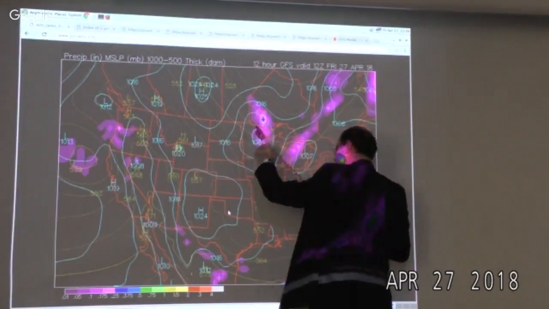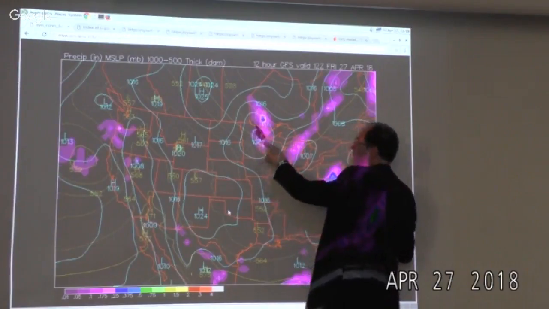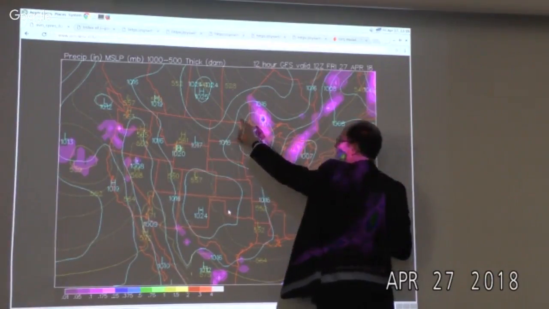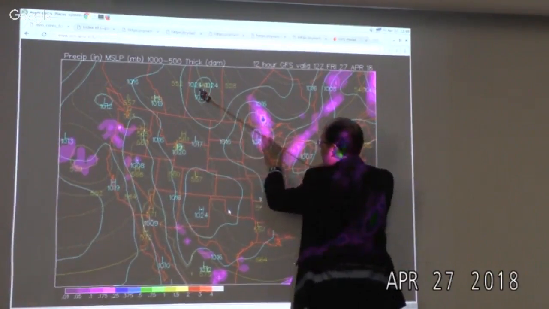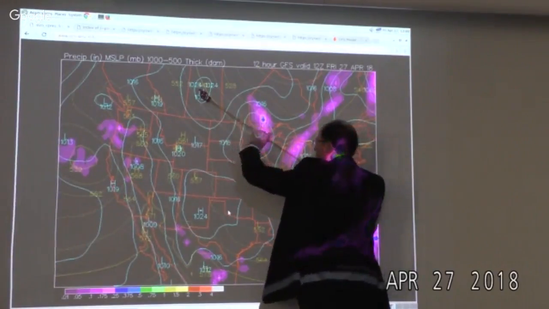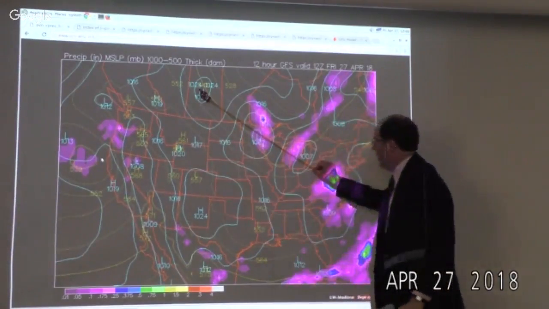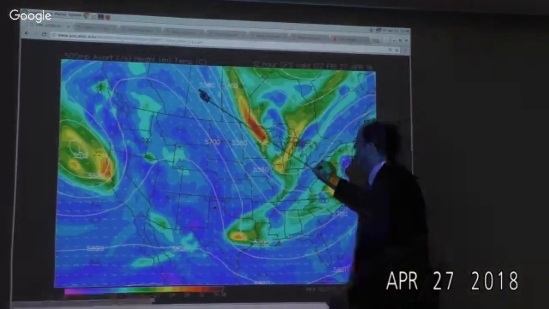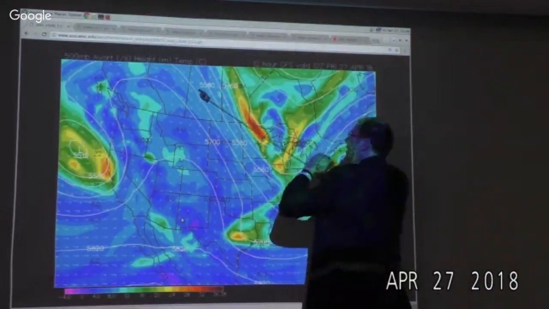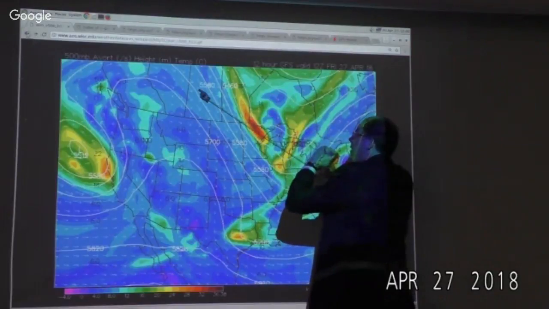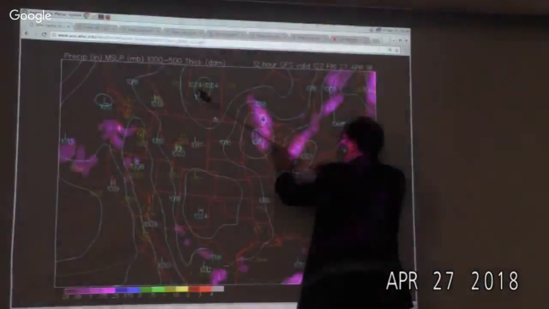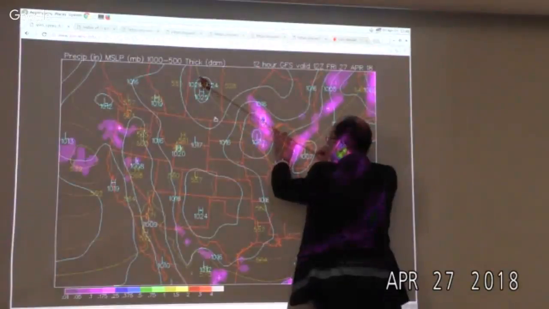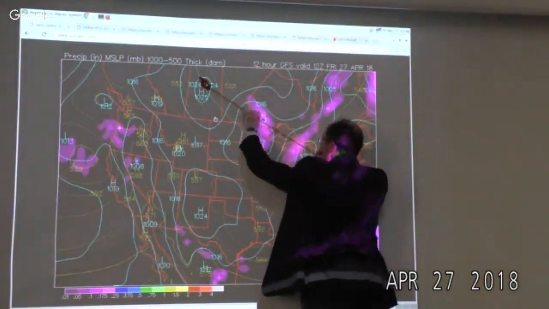So here you get some ascent and the cyclone's developing there. And then notice the orientation. Now I'm going to put the cursor so that it's parallel to the thermal wind up here in northwestern Minnesota. Now let's go back to 500 millibar. That's enough. Let me go back to the other one again. I'll go to a higher latitude. I'll go into this thickness channel instead. I should have maybe done that. So that's about parallel to that thermal wind.